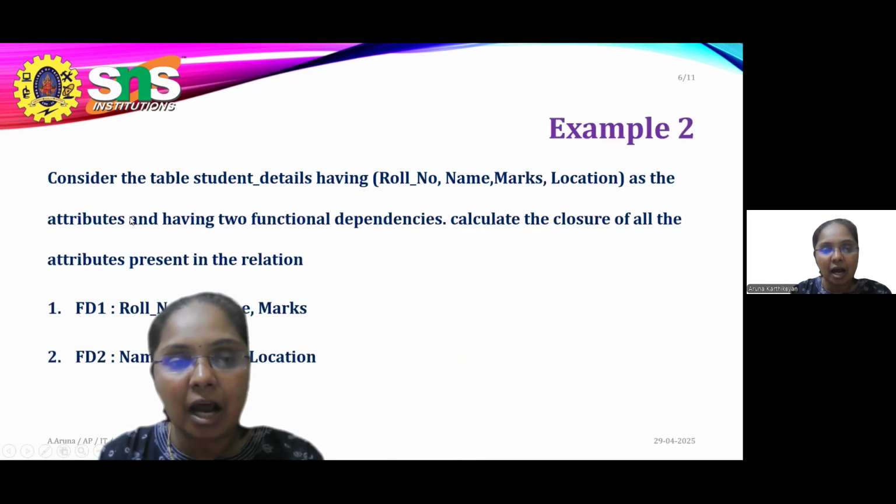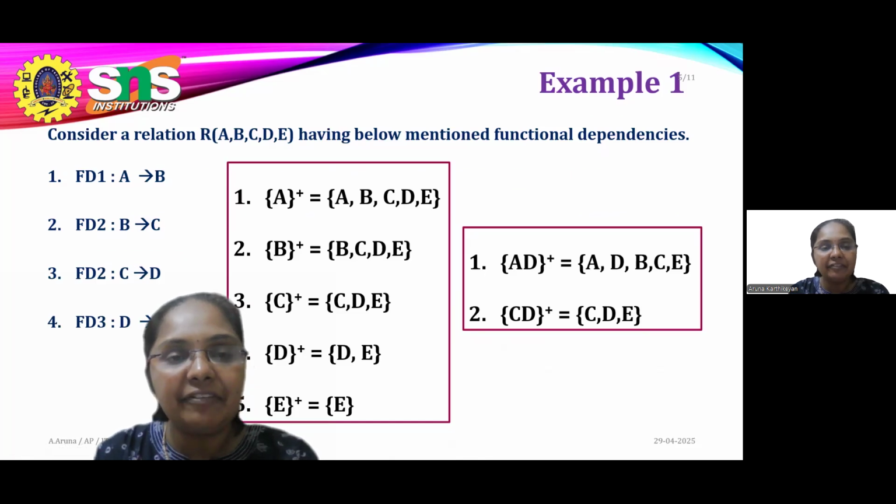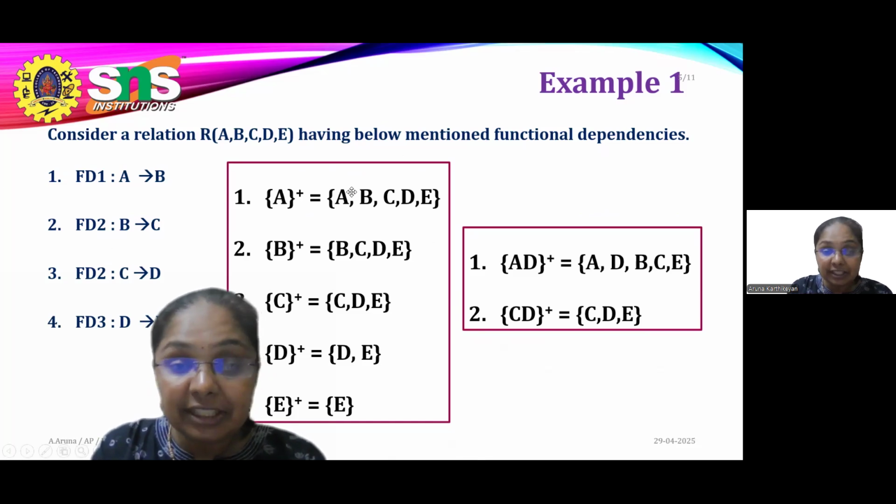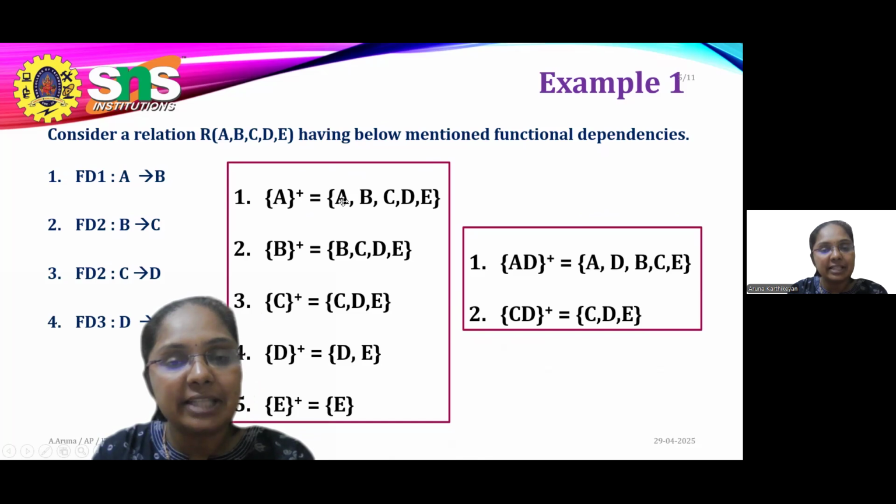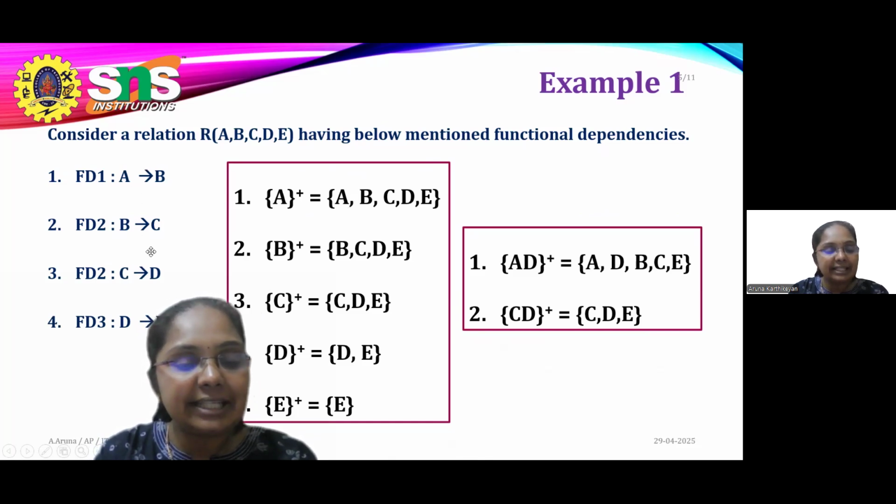So this is how we can identify the candidate key and the super key by using the given relation. And it is also very important. Why am I saying this? If we want to remove the repeated functional dependencies, how can I remove them? Only with the help of the closure set.